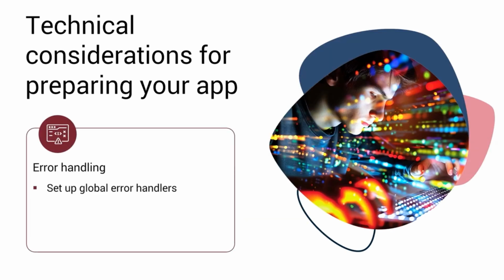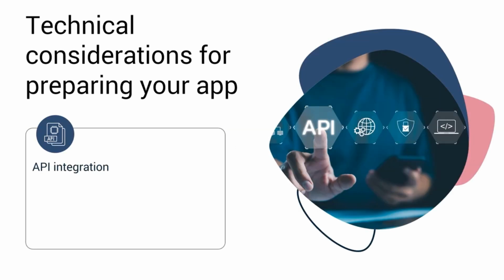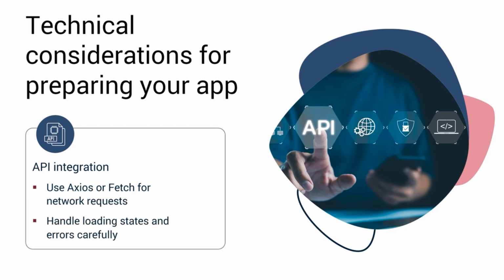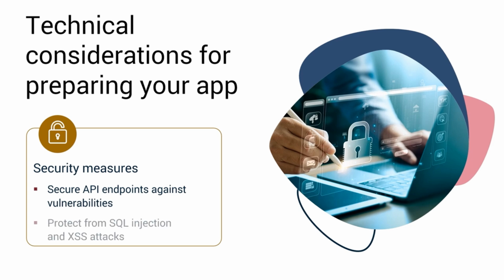Then, set up global error handlers to catch uncaught exceptions and promise rejections. This is crucial for logging errors and improving app reliability. For API integration, use libraries like Axios or Fetch API to make network requests. Ensure you handle loading states and error responses carefully. Next, ensure your API endpoints are secured and protected against common vulnerabilities, such as SQL injection and cross-site scripting or